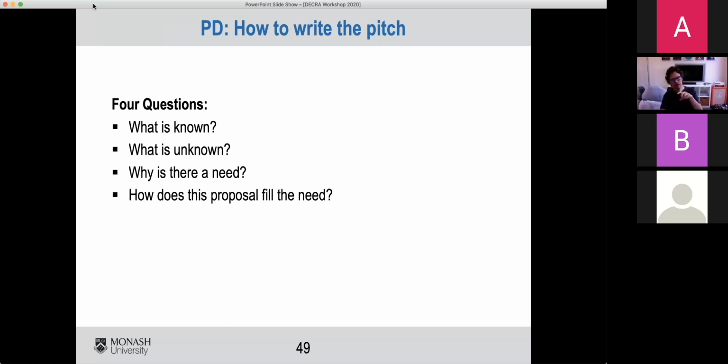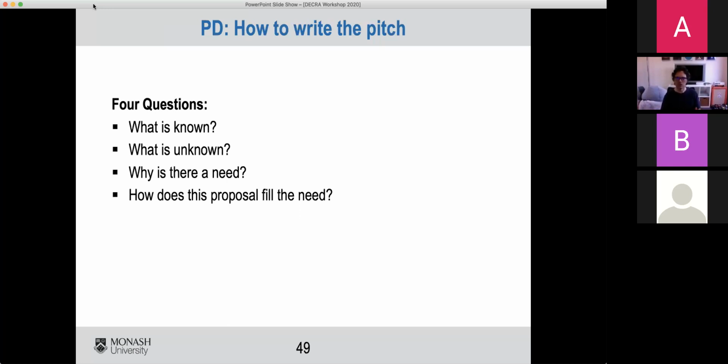And this bit can also help with your investigator capability bit, because say I'm in a situation where I'm reviewing the grants, the investigator capability, I'm thinking, maybe this one's about a B. These people are great, but maybe they're just not quite in that top 10%. And then you go through the project quality and innovation, you're being led down this journey about what needs to be solved. And you've been convinced that this is a problem that can be solved by this project and this person. You can then go back and revisit your track record and think, actually, no, this person's perfect for this project. And I really want to know the answer. So now everything's an A.